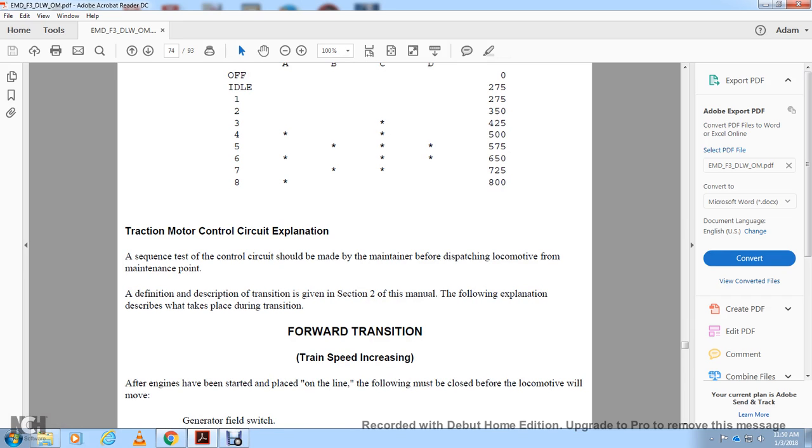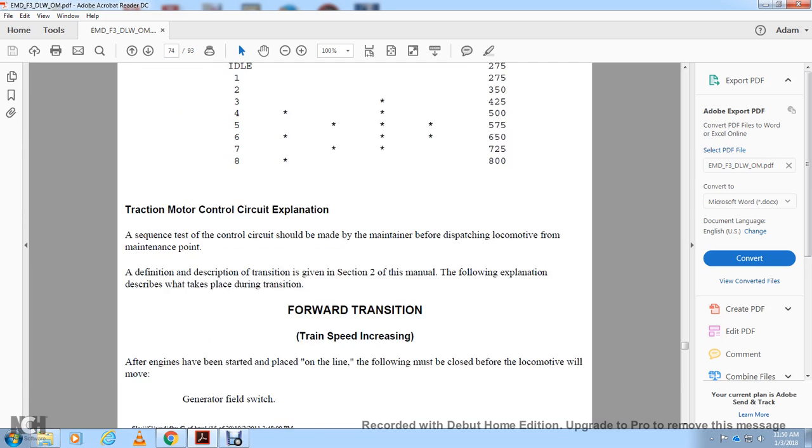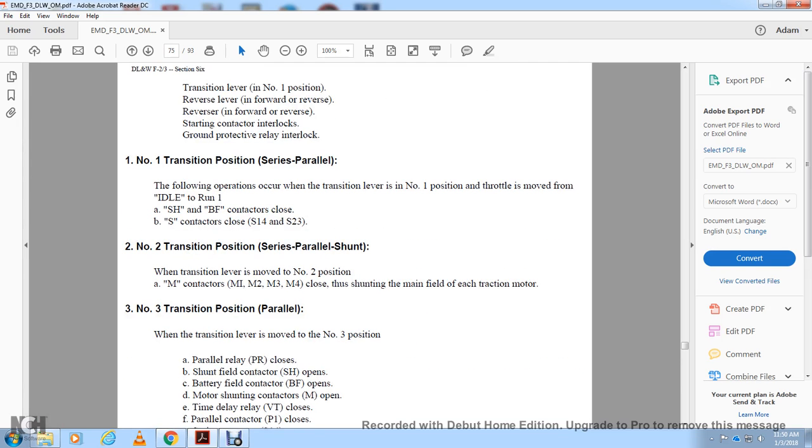After the engines have been started and placed online, the following must be closed before the locomotive will move: the generator field switch, the transition lever to number 1 position, the reverse lever to forward or reverse, the starting contactor interlock and the ground protective relay interlock. Number 1 transition, series position: the following operation occurs with the transition lever in number 1 position. The throttle is moved from idle to run, the SH and BF contactors close, and the S contactor closes, the S14